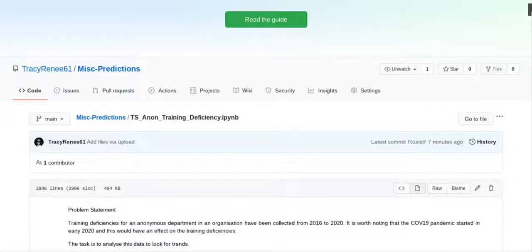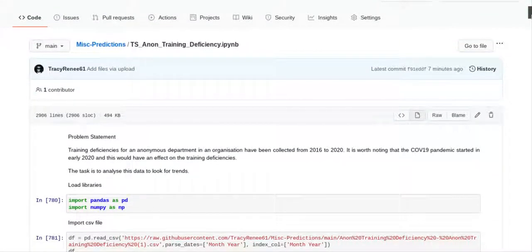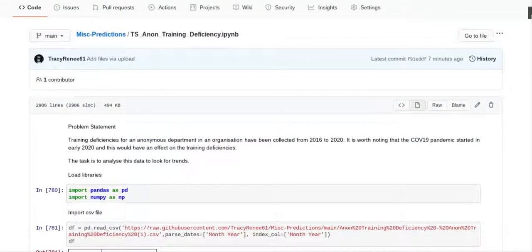This is a real live problem, but because it's a real world problem, I can't give you a lot of information on it. So what I will say is your problem statement: training deficiencies for an anonymous department in an organization have been collected from 2016 to 2020. It's worth noting that the COVID-19 pandemic started in early 2020, and this would have an effect on the training